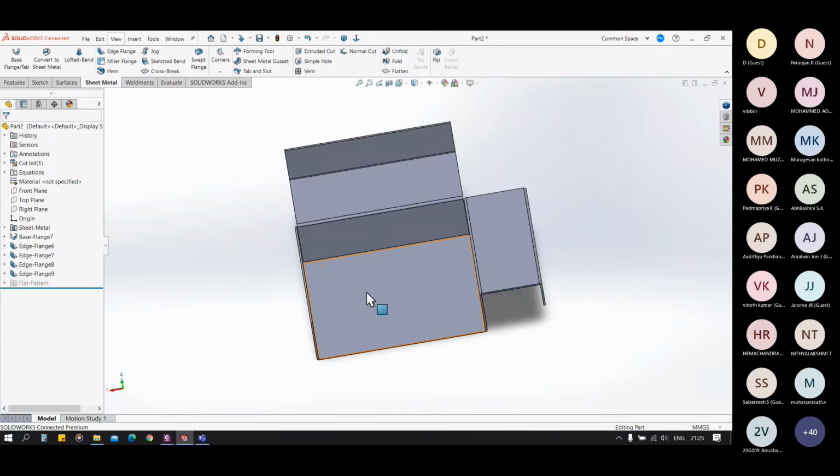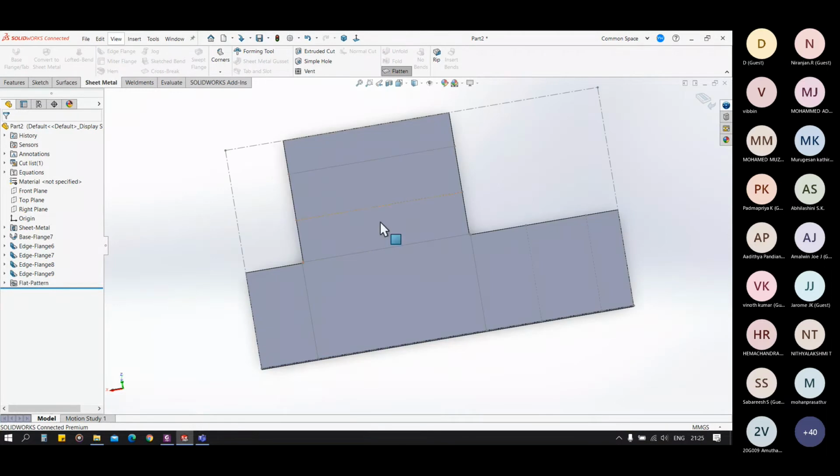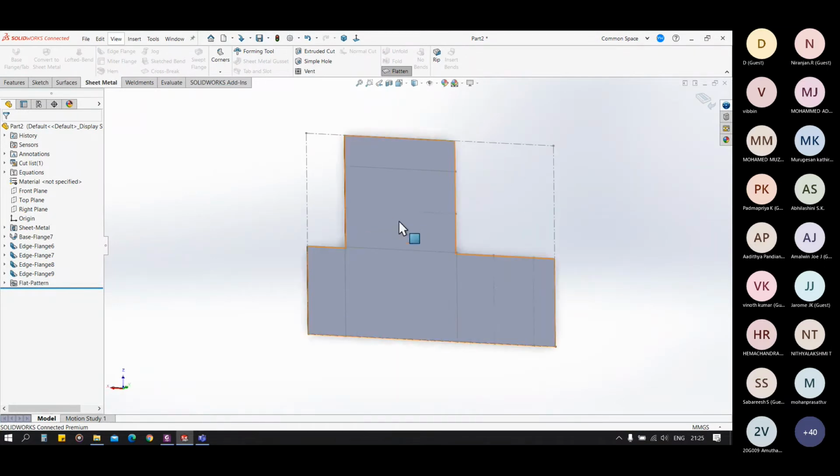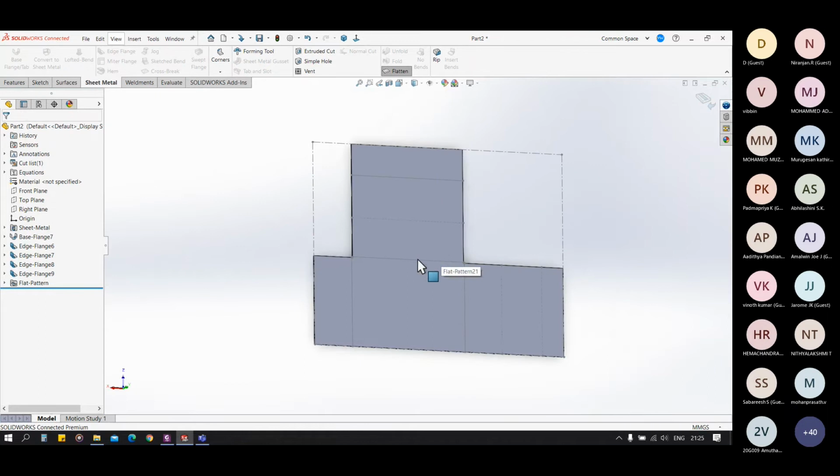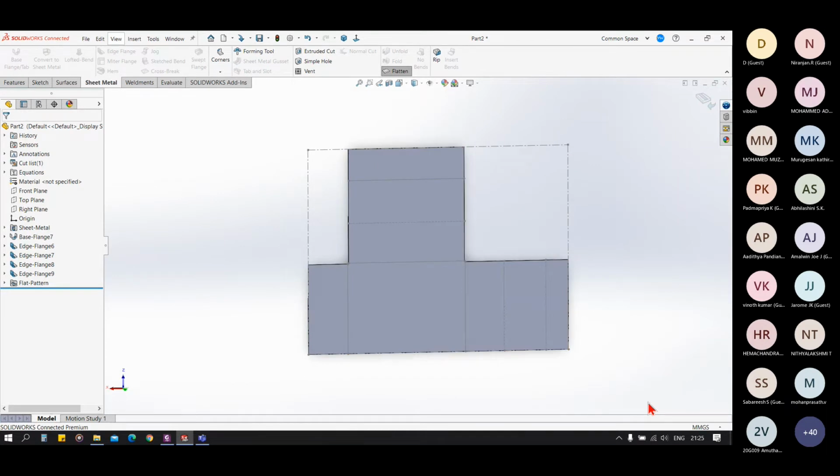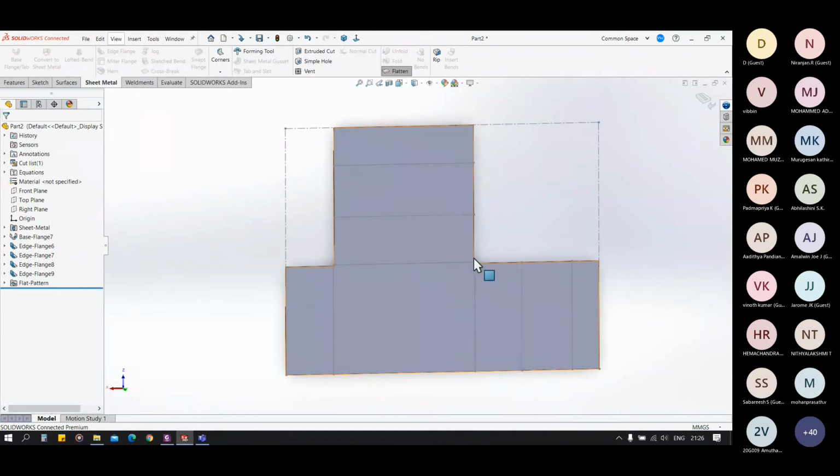For that we have the flatten option here. When we click on flatten, we get the flattened view of the sheet. So you can now judge the length, width and all the parameters of the sheet, and you can give the dimensions of this sheet to the manufacturer so that he can cut it in this shape, and later on he can add the bends.